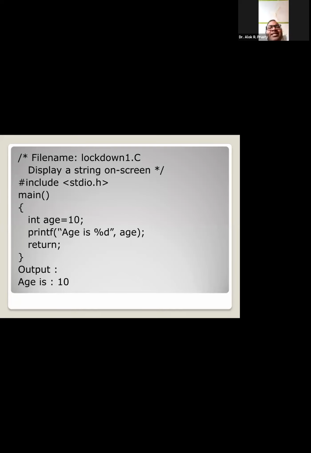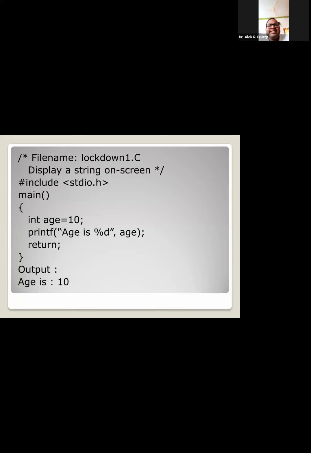So it is very much essential, whenever you are using input and output functions in C, to use the respective header file in your program. Similarly, in every language, whenever you use system defined functions, you have to include or import the particular library so that you can use all the functionalities available by default. And whenever you create new functionalities, you can call them user defined functions. Now, what I have written: printf age is %d, comma age.